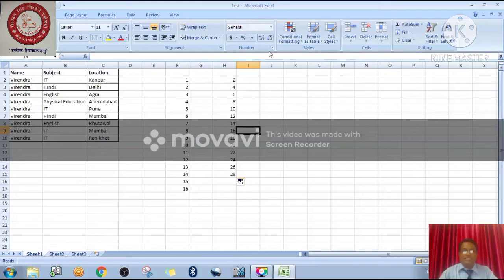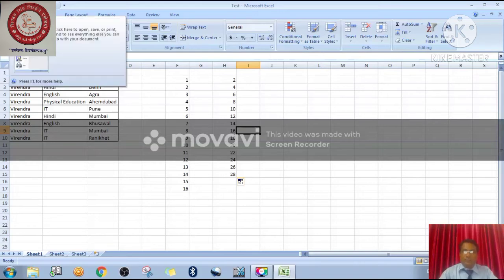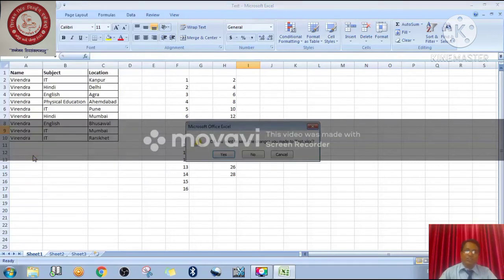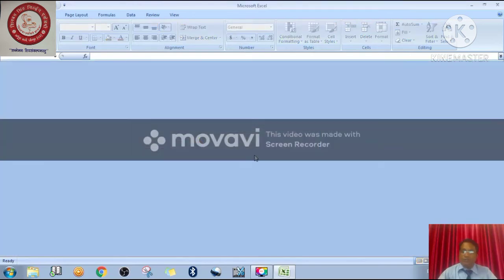Now what is happening here, once I click on the office button, several kinds of options are available here. If I click down here on the close button, then let's see, it is asking to save your file, because I have made some changes in this file. If I click on no, then without saving the file it will be closed.